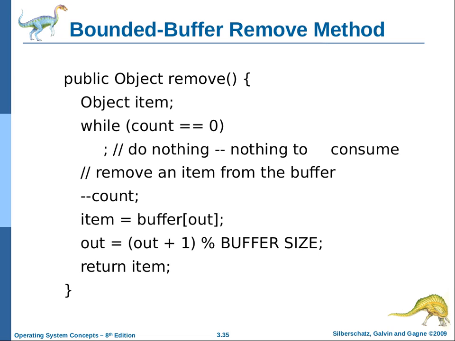All right, so here's the question. If there is one consumer, this code's okay. What if there are multiple consumers? What could happen? Two consumers could try to grab from the buffer at the same position at the same time. Why would that be bad? Because out would go out+1 and then out+1 again, but they would both have grabbed the same item. Yep.